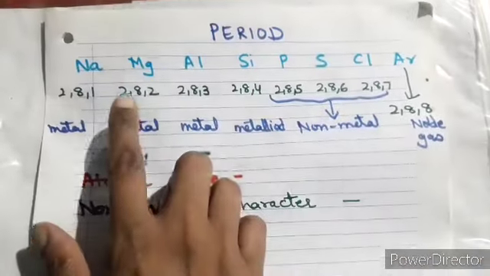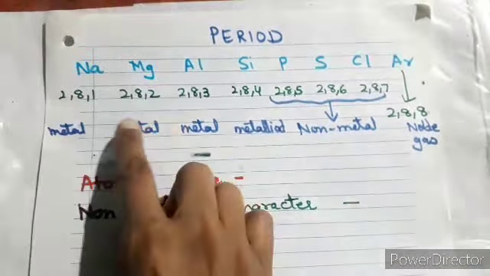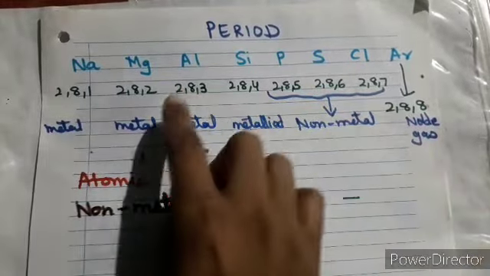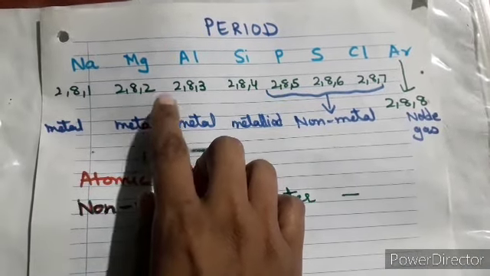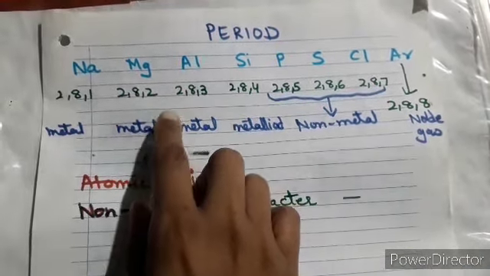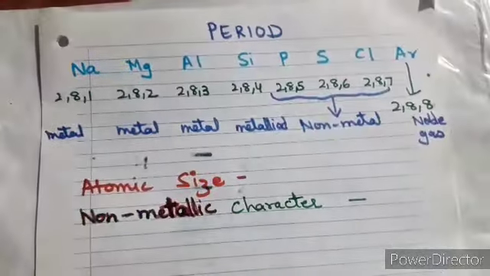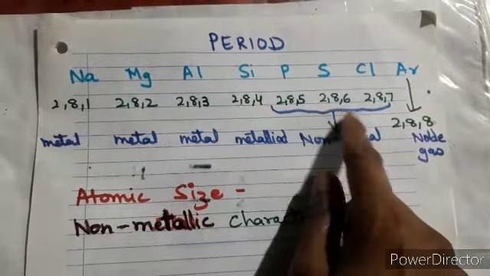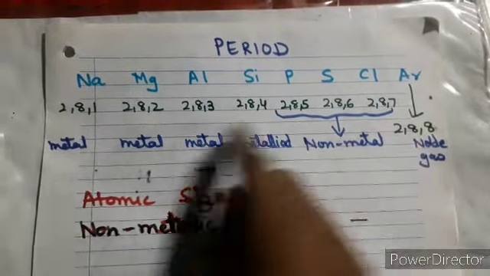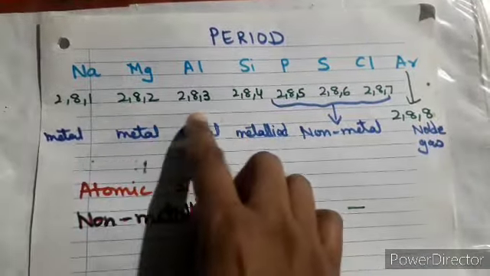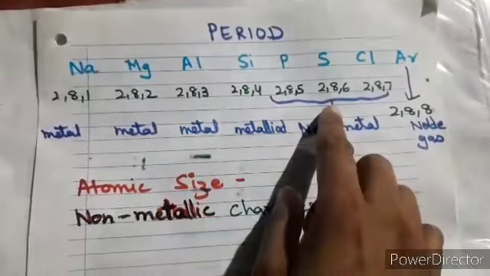But in terms of nuclear charge, over here the nuclear charge increases every time. The positive charge on the nucleus is increasing, and we know that the positive charge on the nucleus depends on the number of protons. So the positive charge on the nucleus is increasing every time. In that particular case you will say that its atomic size will decrease.